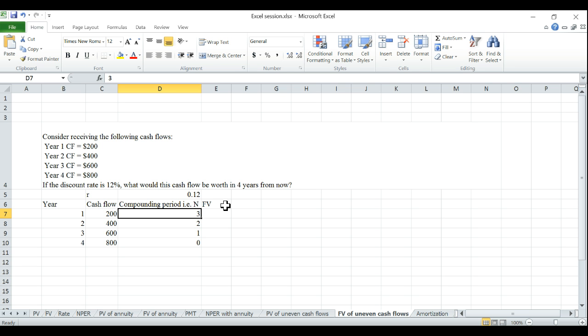In other words, if you wanted to write a formula, you could say whatever your last period is minus your current period, okay? And then we can freeze our last period because that is always going to be in B10, and then we could drag it down, and you will see that this is the compounding that we need. Now we are trying to find out the future value, okay?